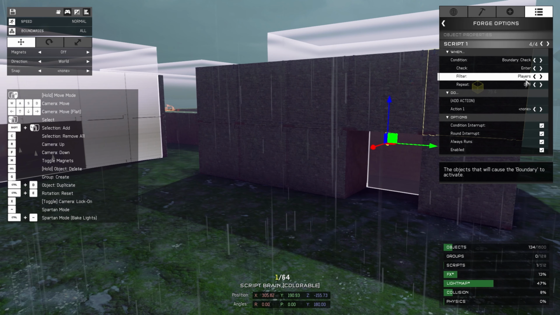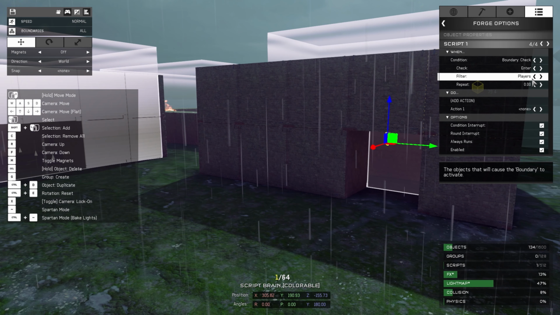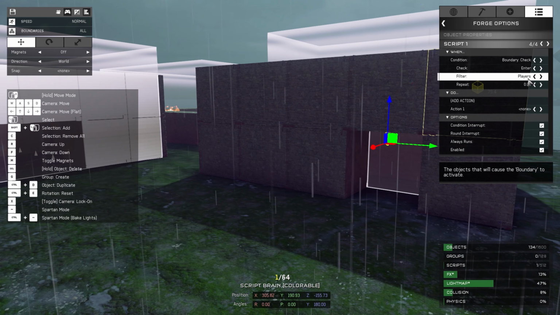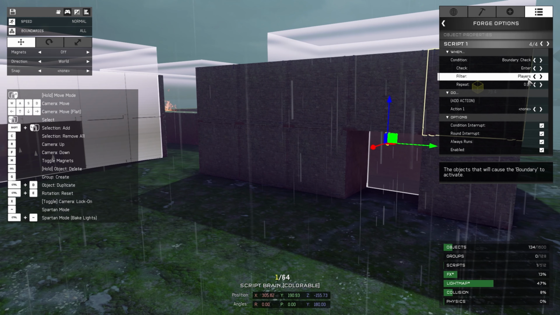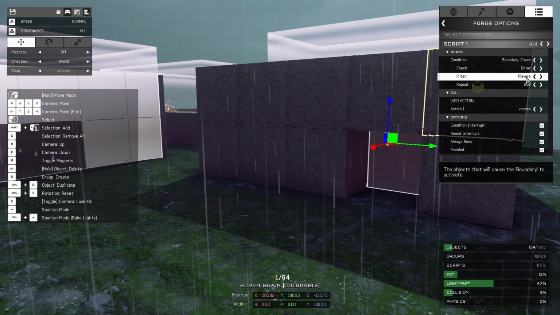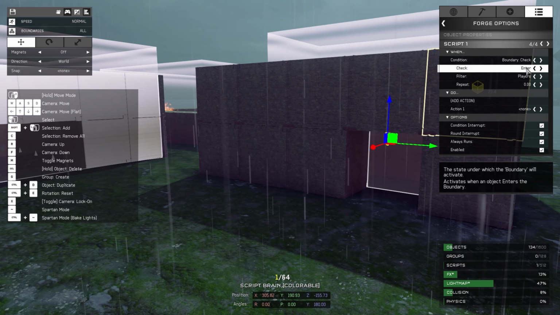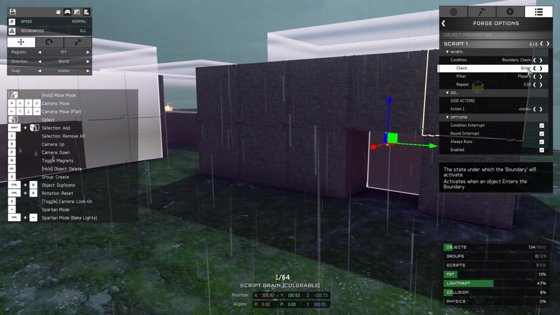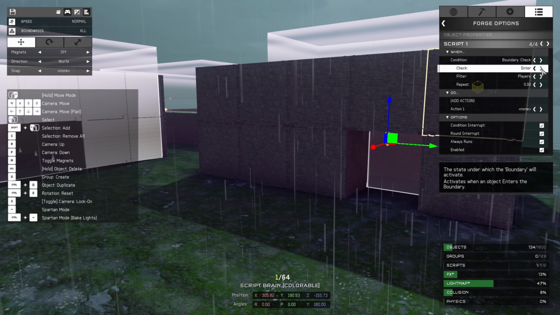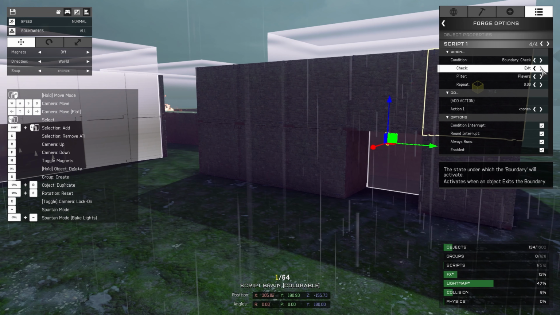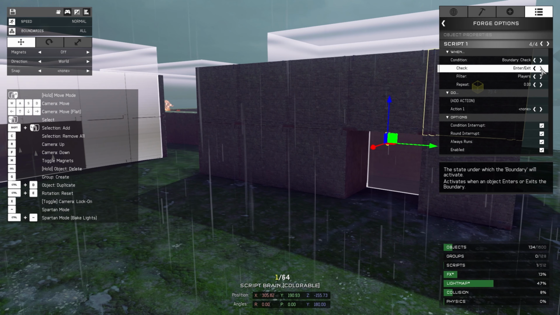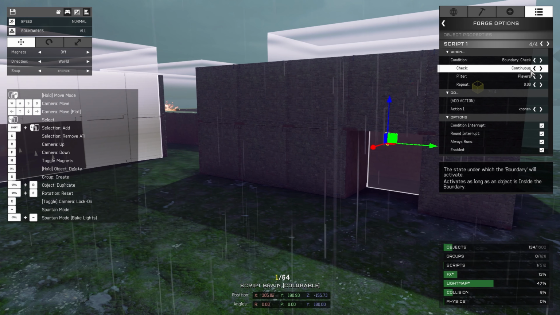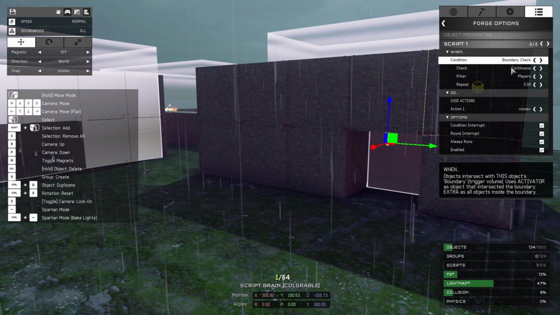Players alone don't have to be the ones triggering the boundary enter. Objects can do it as well, or both, but generally players is the safest and most reliable way to detect the boundary. Now, if you were to pick boundary check, there's different parameters that you can use to detect boundaries. You can check when the player enters the boundary, you can check when he exits the boundary, you can check when they do both. You can check if the player is continuously inside the boundary, but you need to be